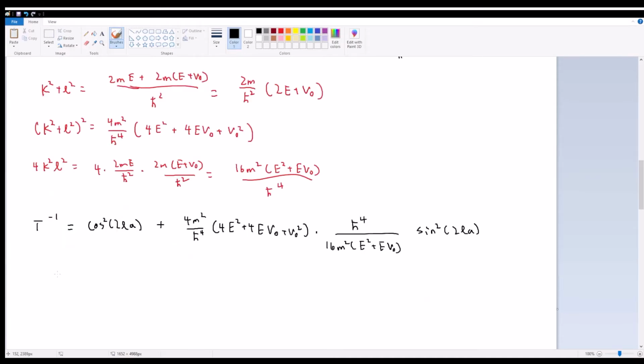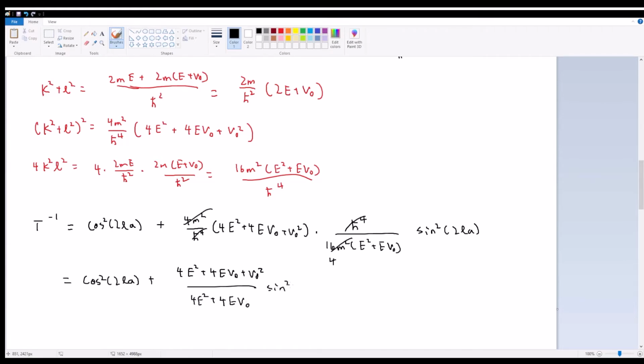From this point, we can do some simplification. This is going to give us cosine squared 2LA as always, plus, let's see, the h bar to the fourths cancel, the 4m squared cancels with this, makes a 4. So we have (4E squared plus 4E V naught plus V naught squared) over (4E squared plus 4E V naught)